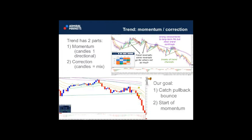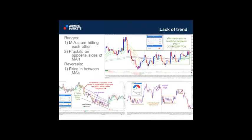Now if we tie that together, there we go. No, first of all, sorry, we're going to take a look at the lack of a trend, probably just as important, because in trading we like to trade with the trend, we like to trade with the momentum, and at times there are going to be currency pairs or other financial instruments that are not trending. So how do you recognize that? At what point do you say, I'm going to skip these currency pairs or instruments because